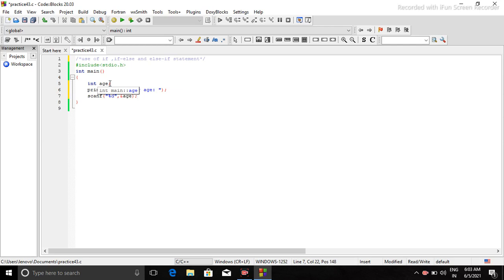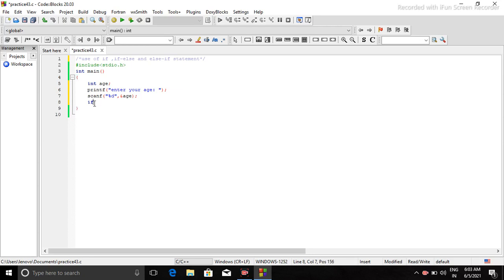In my current example I'm having an example of vaccine, so I will use if. If is a keyword in C language, a keyword whose meaning is already known to the compiler. So I have written if, and after if I will write a condition.